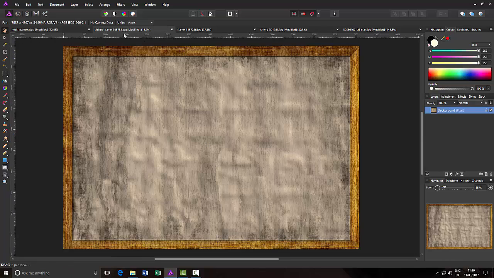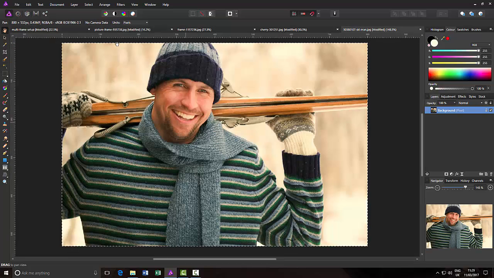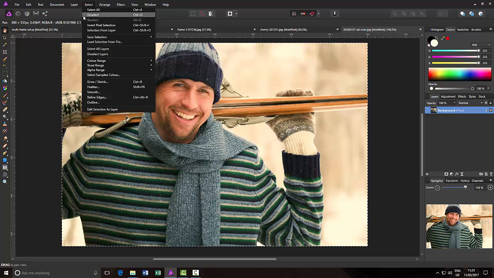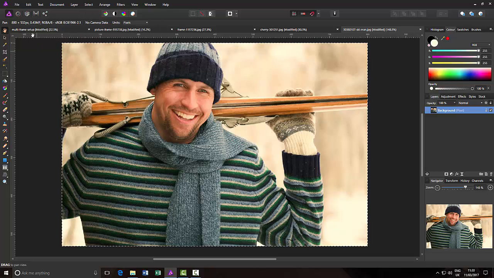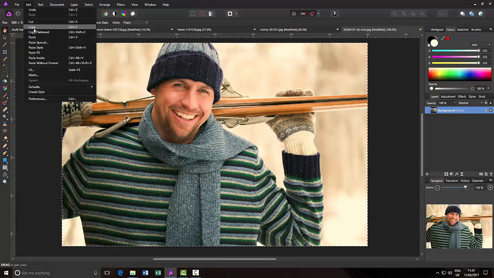Now this next frame, this doesn't have a black or white background, so your approach needs to be different. Again, this is one I got from Pixabay.com. So let's go with this skiing man one. Technically it says it's selected, but I will just select all again just to make sure. Edit, copy,